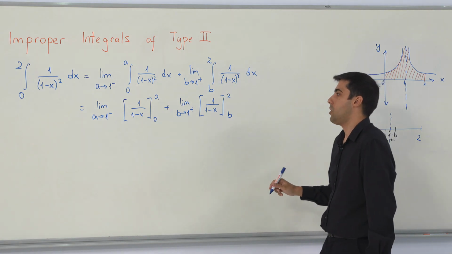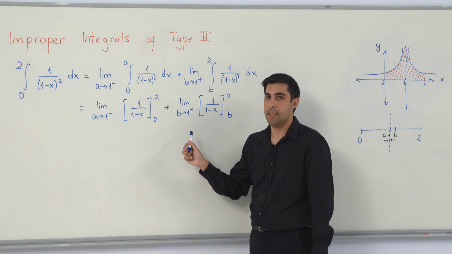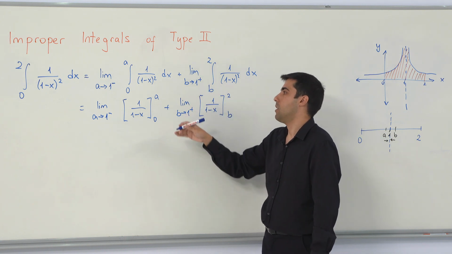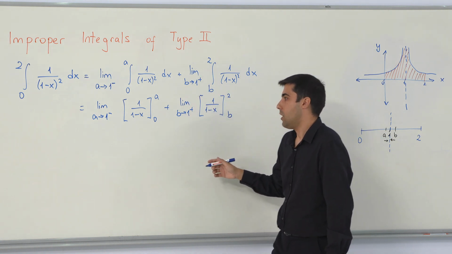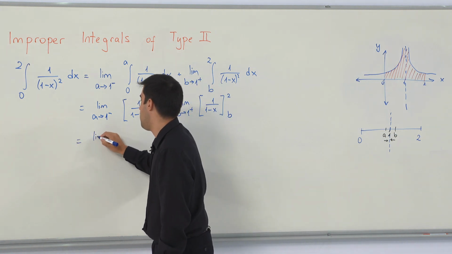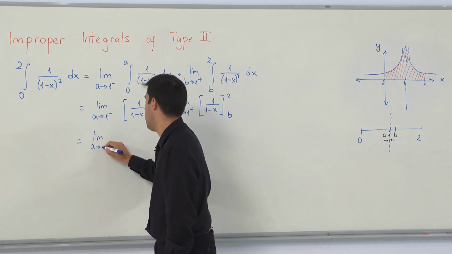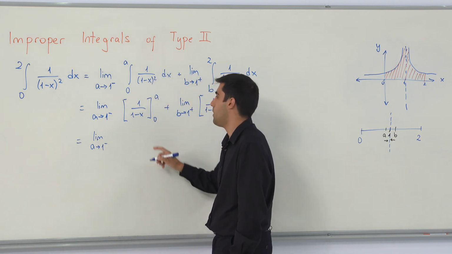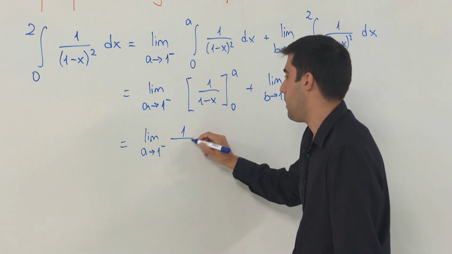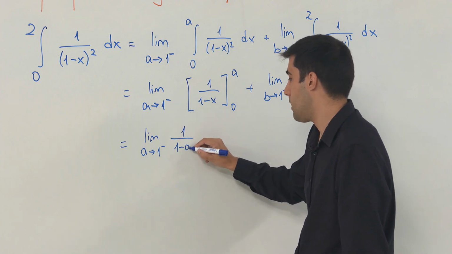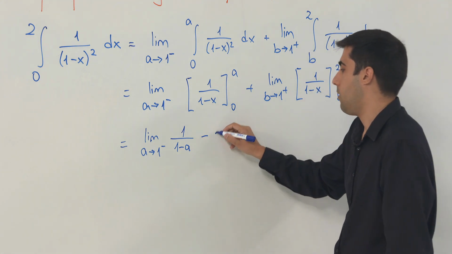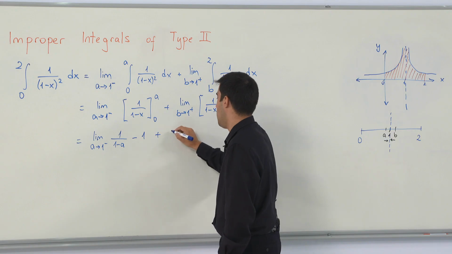Actually, it's enough to just calculate one of those and see whether it diverges. If it diverges, then the total must be divergent. However, in this case, I'm going to calculate both of them. So here I have the limit as a goes to 1 from the left-hand side. Plugging the upper limit, I have 1 over 1 minus a, minus, then putting the other one, here I have 1, plus